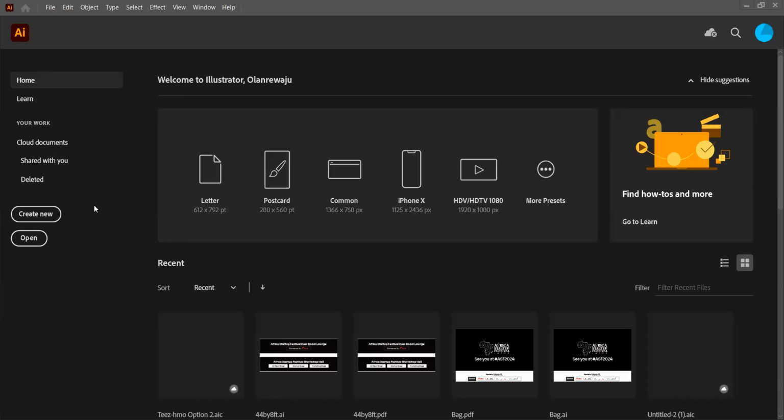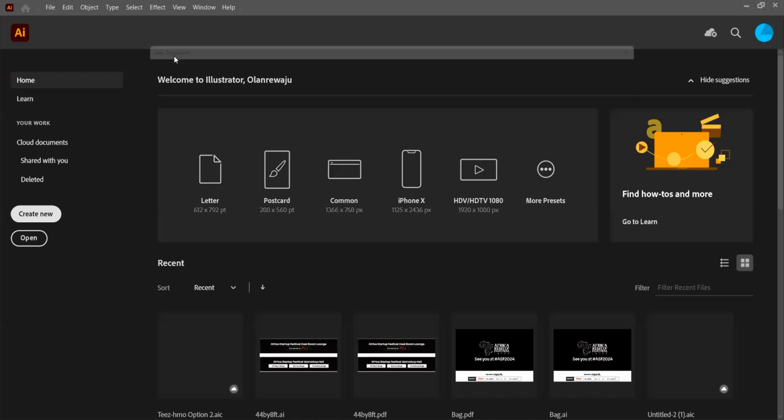I'm telling you. The only difference you can see here is that on Photoshop, the Create New is a blue background, but this one is just an outline. They know that this one is for professionals, so you must always find your way around it. Now we can create a new document, or we can open an existing one, but for now we are going to create a new document.